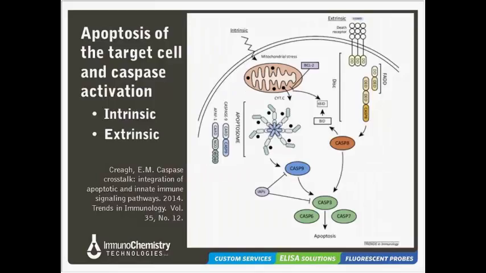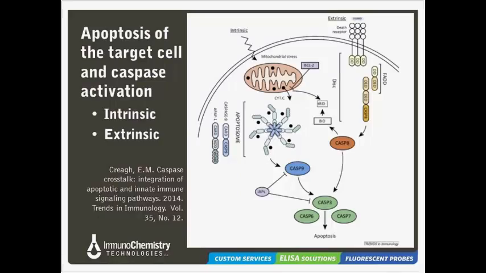The intrinsic pathway is activated following cellular stress, resulting in mitochondrial perturbation and the release of cytochrome C. Once released, the cytochrome C binds to the apoptotic protease activating factor 1, which is APAF1, triggering the formation of the apoptosome complex, resulting in the activation of initiator caspase 9, which then activates the effector caspases 3, 6, and